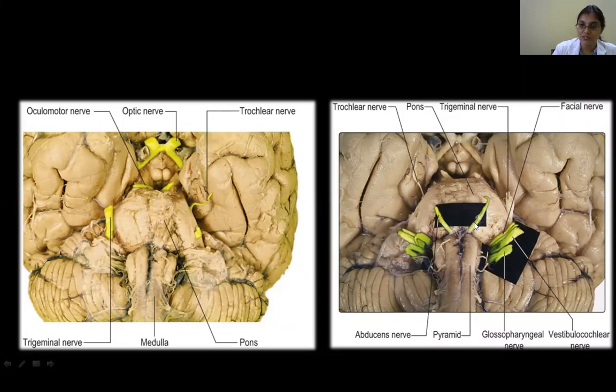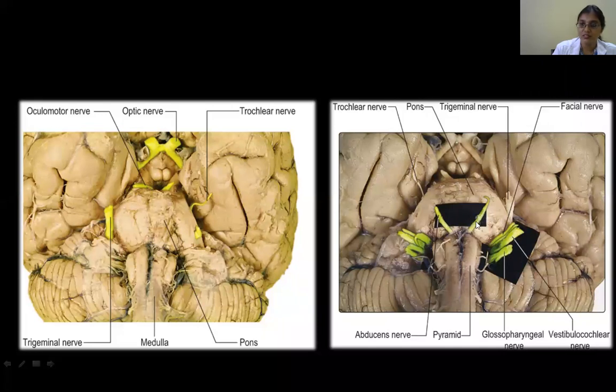This black strip is kept to show these nerve fibers well. And please note, the nerve fibers are not colored. Here they have colored it. They've painted these nerve fibers and put a strip behind, and actually this is the color of how the nerves look, and not this bright.